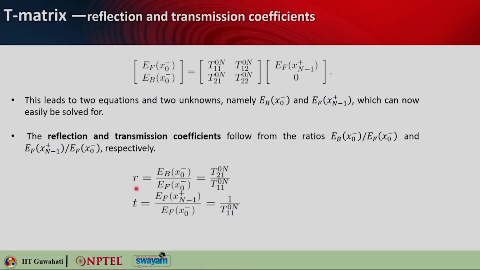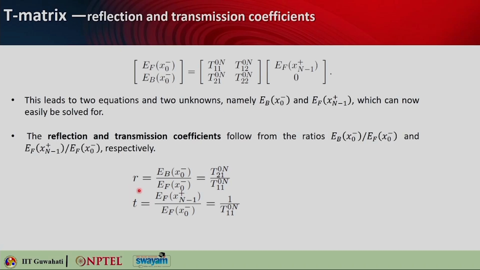So if you want to get the reflection coefficient, it will be nothing but the ratio of EB x0 minus over EF x0 minus. And in terms of the matrix elements which you have just computed, you compute this matrix by multiplying all the matrices. You can actually get this ratio from T0 to n: you have to look for the 2 1 element, this one, and divide it by the 1 1 element. Then this will give you